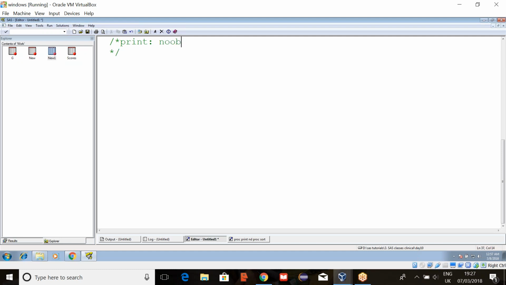Options like noobs, double, heading, width, label. Remember, these are options. And we can use some statements like var, sum, where, id, label, by. These are the statements.